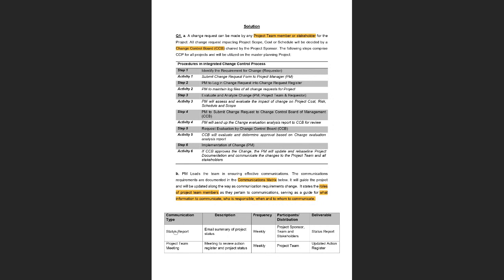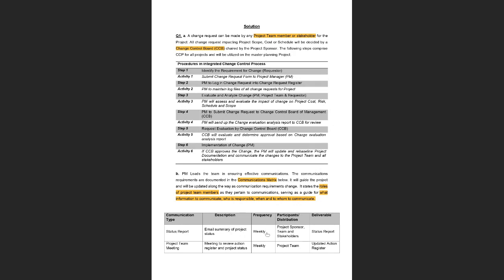So how much of it has been completed, if there is any hindrance, if there is any trouble in executing the project. So all of those updates, and mainly the status update, is given to the project sponsors and the stakeholders. For giving the status report, we don't necessarily have to have any kind of one-on-one meeting with the project sponsor. We can just email them the summary of the project status.